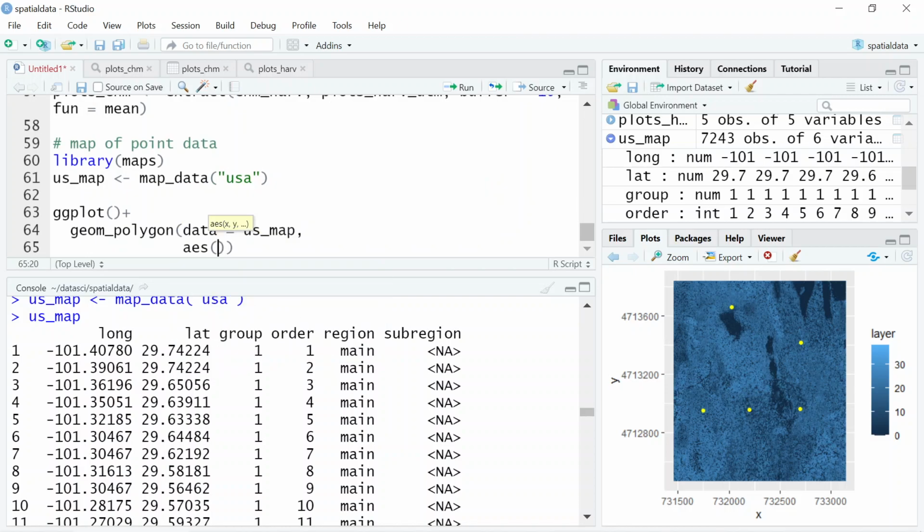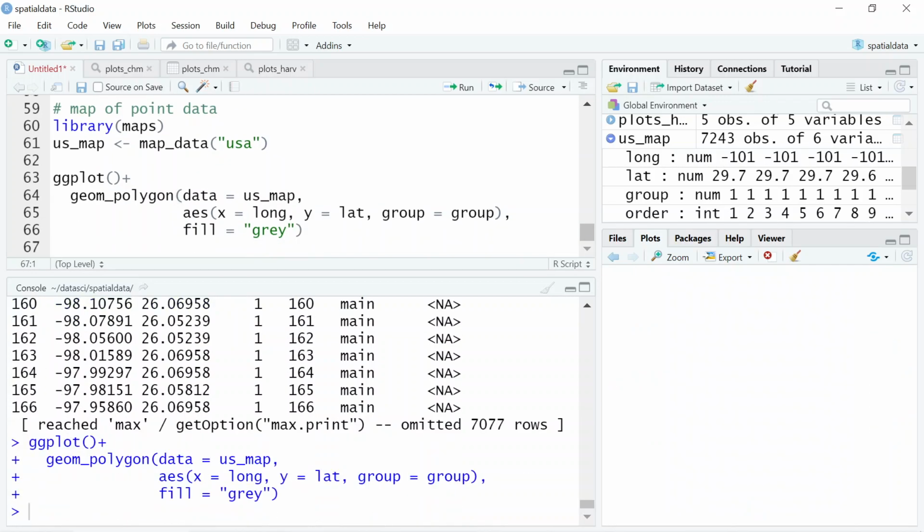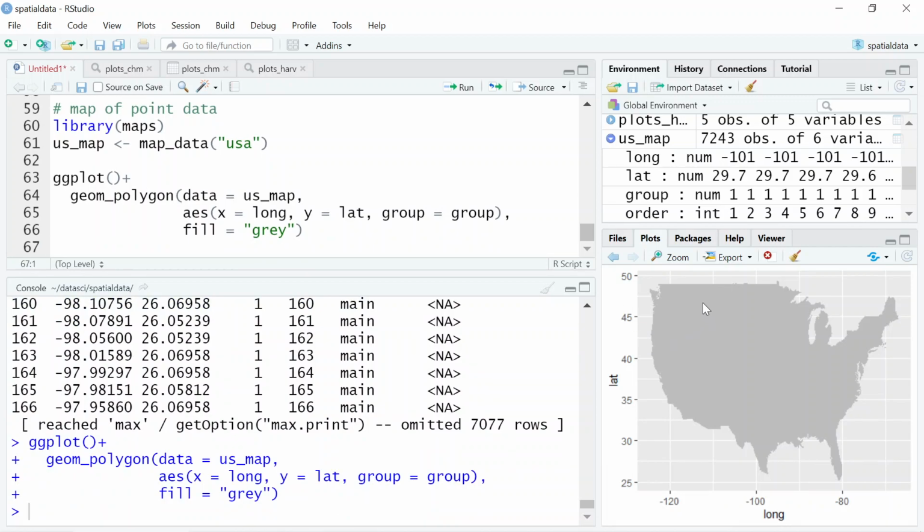And our aesthetics are X is longitude, Y is latitude, the group equals group, and let's fill these using a gray color. All right, so the polygons here, we can see the outline of the United States, and it's a little wonky,